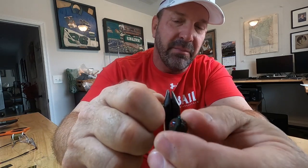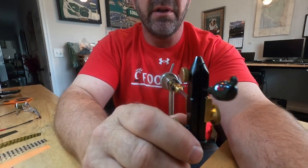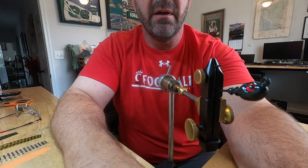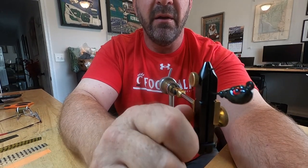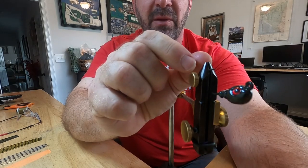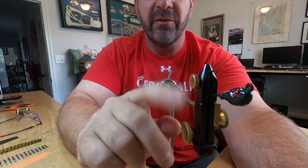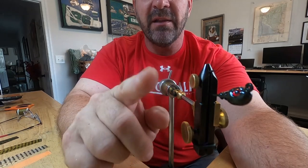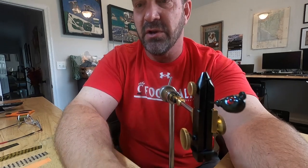All right, that's pretty tight, but then to really cinch it down, you go to this bottom adjuster down here, and you crank that in, and it brings these tips in together, and it really pinches that jig in nice and tight. So that's what's important about this vise, these two adjustments, and the fact that it's a 360. If you're going to do jigs, get this kind of vise with these two adjustments. I find it's